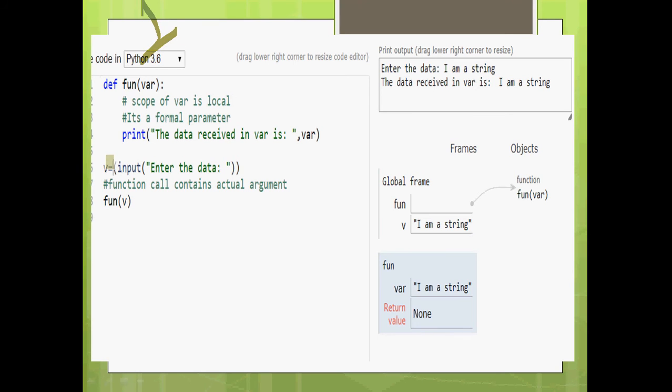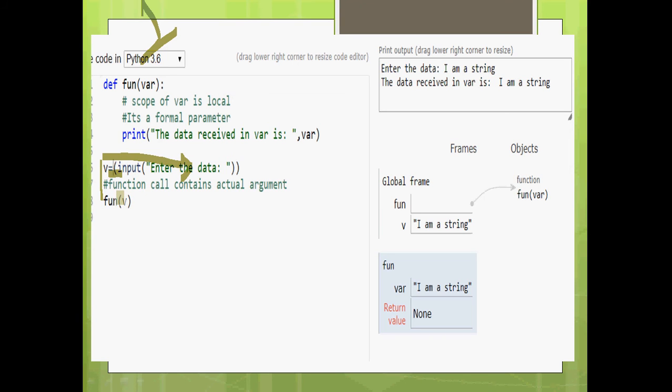As usual, let's start from the main program, that is this part. Here v is received, v is a variable, and it is received as a string, because I didn't mention any type conversion here. Whatever value you enter in an input dialog is taken as a string, so variable v is storing a string.